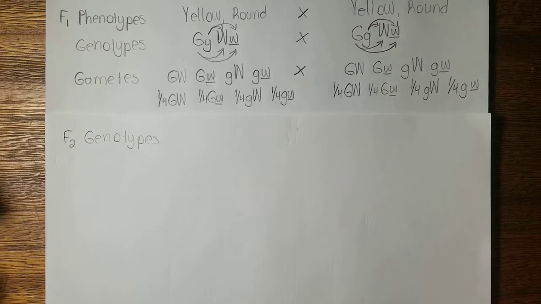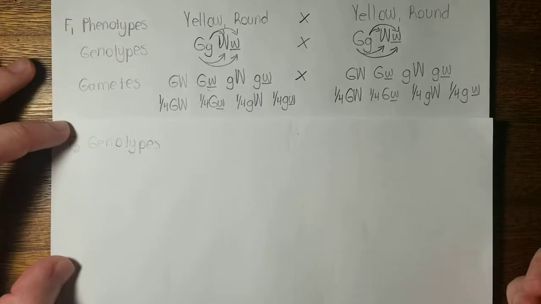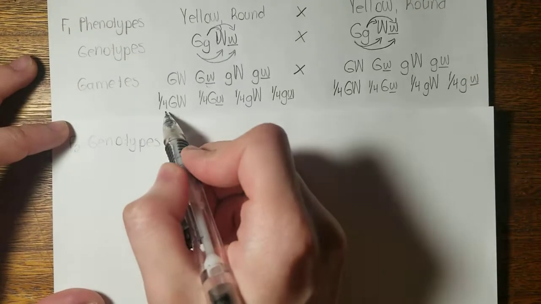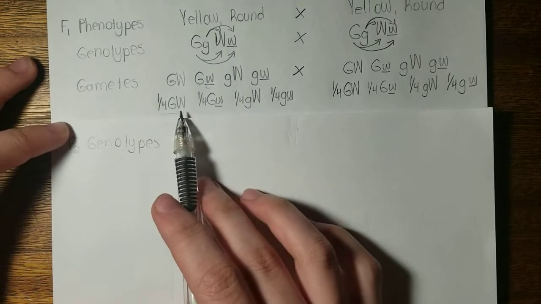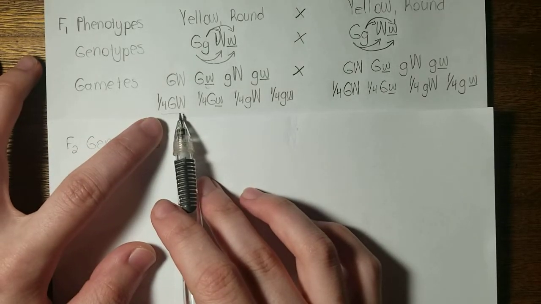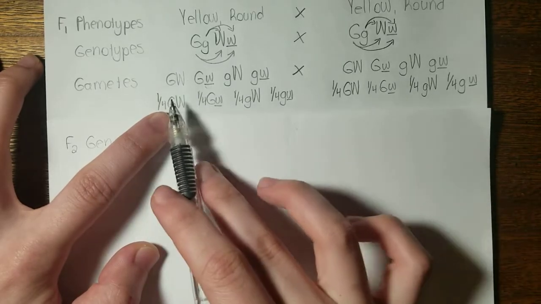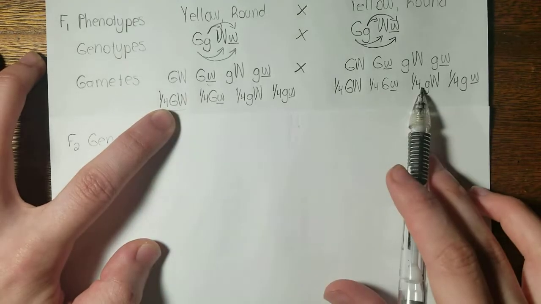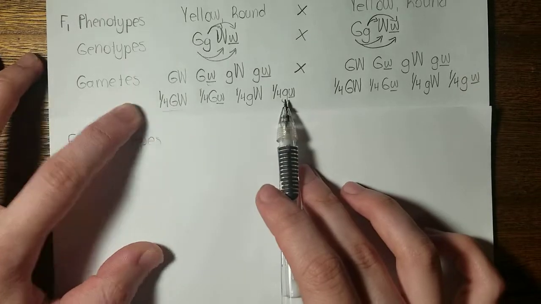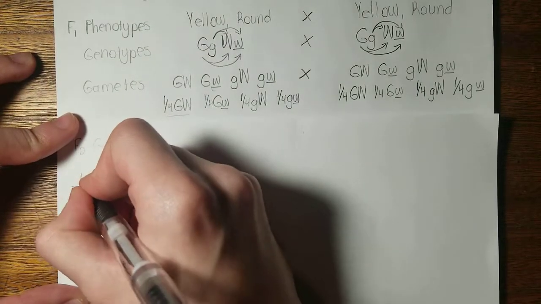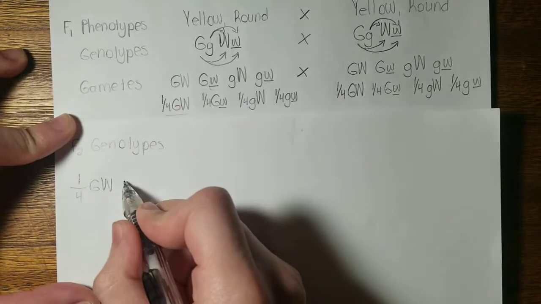Now we have to cross the F1 genotypes to get the F2 genotypes. Okay, so I'm going to be using the fork line method that we learned in class. So I'll take this one first right here, the 1/4 big G, big W. All we're doing in the fork line method is we're taking one on the left side or right side. I like to go from left to right. So we're going to distribute this one to this one, this one to this one, this one to this one, and this one to this one. We're just distributing this one to all 4, and we have to do this for all 4 on the left side. So for right here, we get 1/4 big G, big W, and now we have to cross it with